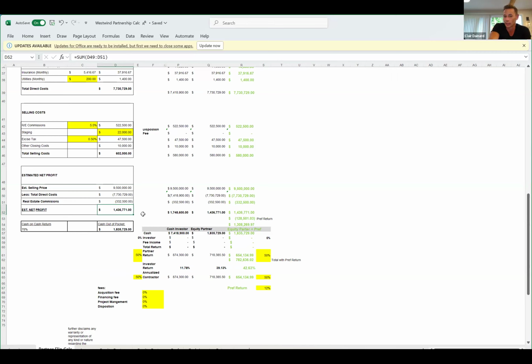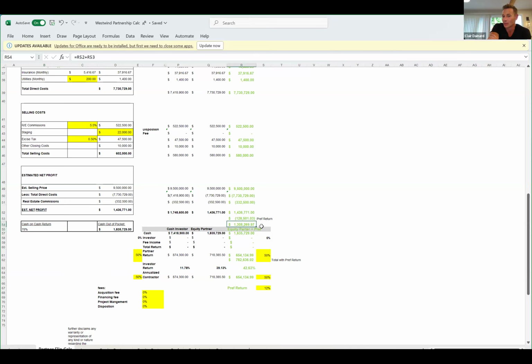By him going to 2 months off the schedule, the cash on cash return goes from 56% to 78% for the deal. When we look at these numbers, and this is what I want you guys to evaluate, I went through these exact motions with this guy. When we sell this property, right,